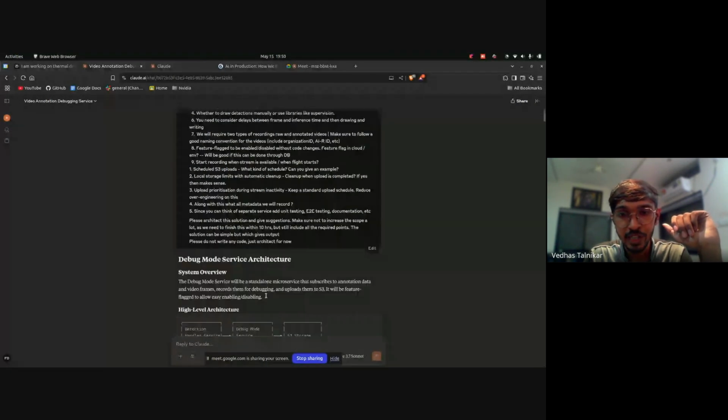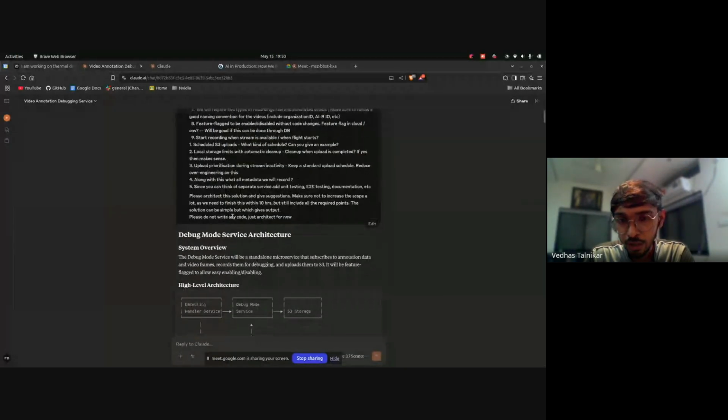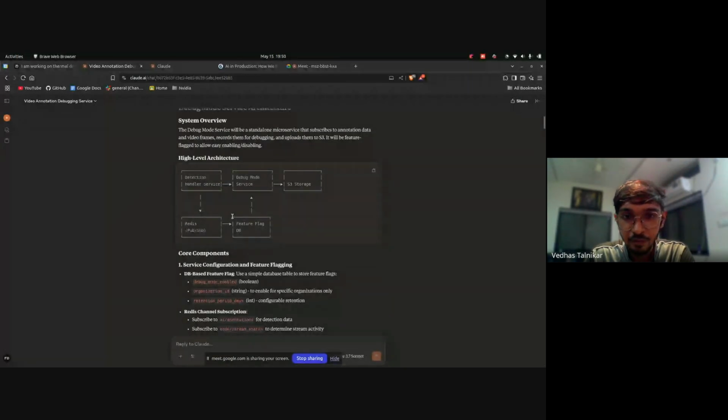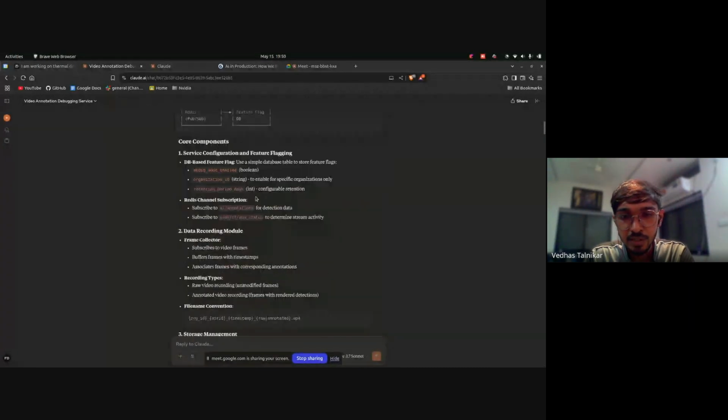I have kept some open-ended questions over here. I have also said, make sure not to increase the scope. We have to build this in 10 hours. This whole service was built in 1 day only, and I purposefully said that we have to build this in 10 hours because whenever you tell something like this, or if you tell it, do this and I'll give you $100, it performs way better. So this was done purposefully, and then I said, just do not write any code, just architect it, and it gave me a first draft. So we have a first draft, which has pretty much all of the things